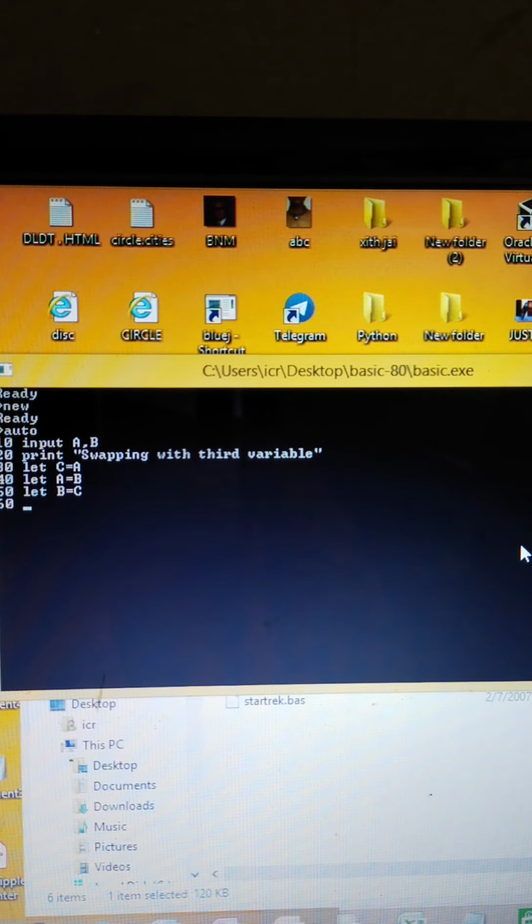A is going to take the value of B, which is 2. So now A will become 2. B will become now empty. Let B is equal to C. B is going to take the previous value of A, which is stored in C, that is 6. So alternatively the values have been changed, and we can print here, print A comma B. Now the next we are going to print is swapping without third variable.